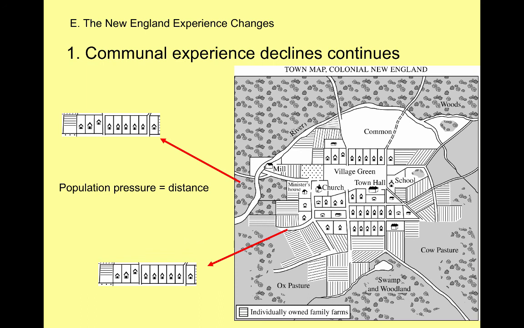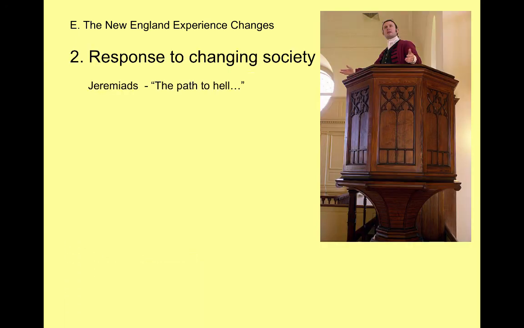We see that not everybody is coming to the same town hall meetings. They're not all going to the same school. They're not all going to the same church. And so we see that the younger generation is falling away from the church. They're distantly separated. They're separating themselves physically and emotionally and religiously from the older generation. So again, the city upon a hill, the utopian experience of this all being together is starting to fall apart.